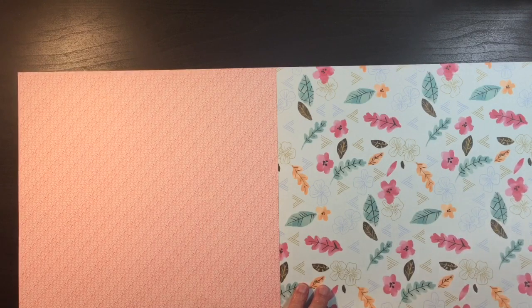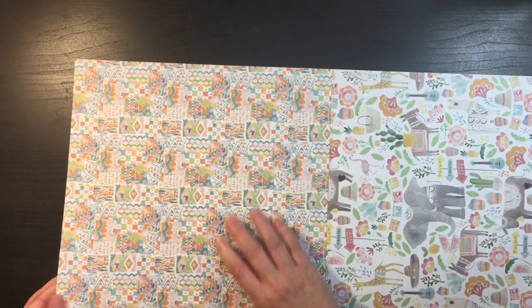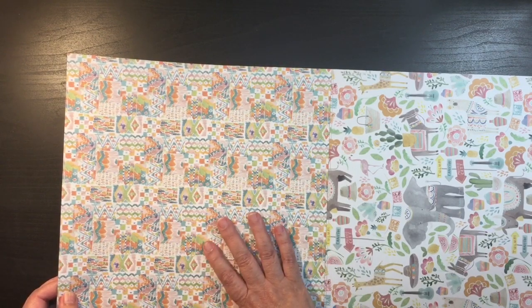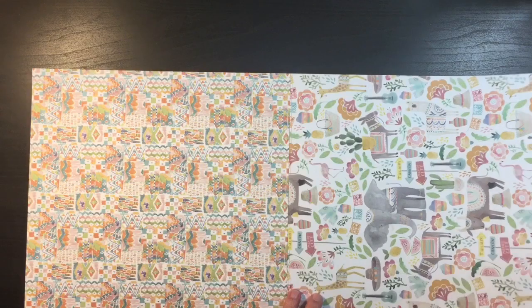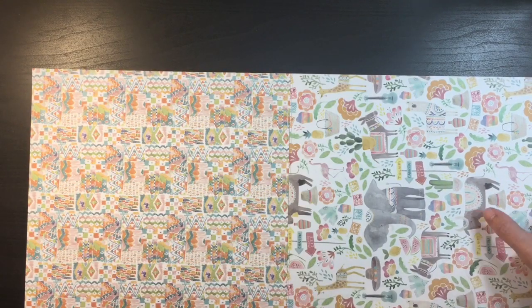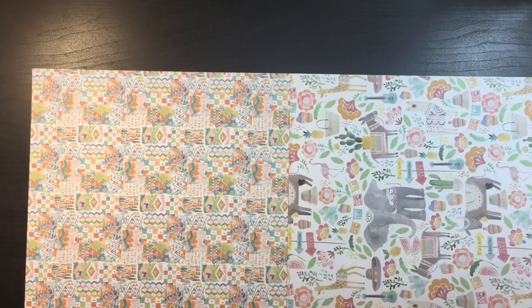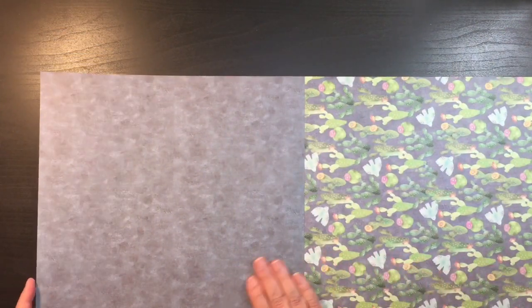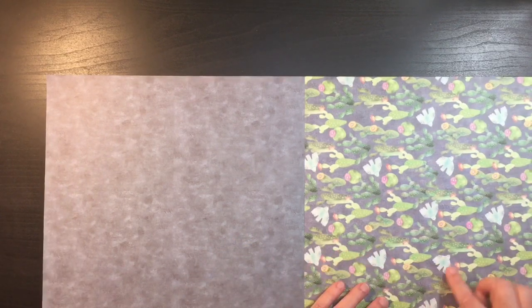This one's not bad, wouldn't be my fave, but I like the colors. So it's the blue with the leaves and flowers on it. And this side is really, really busy. This would have to be definitely cut into smaller pieces. Maybe matting it on something would tone this one down. This one's cute. It just has the water buffalo, the elephants, hippos, giraffes. It's adorable. I don't know what I'd use it on. This side is a pretty slate blue. And then you have your cactus with your blue